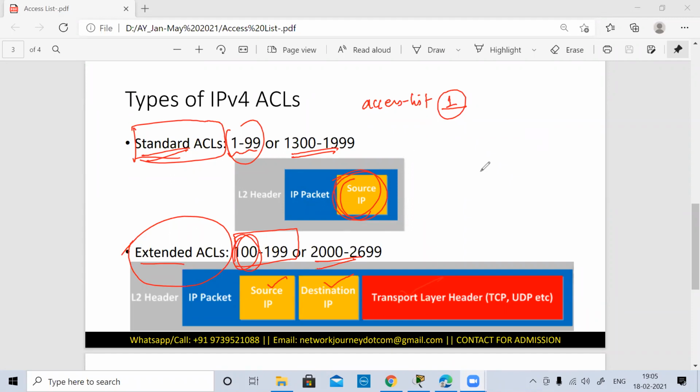So this is the difference. The basic difference you can see through the numbering. We can also name the access list. Numbering and naming are the two things you can give to identify the access list. And the difference between standard and extended we understood. If you're defining only through source IP, we will use standard. And if you want to add more information related to your protocols, network, or host, then we can go ahead with the extended access list. Okay, now